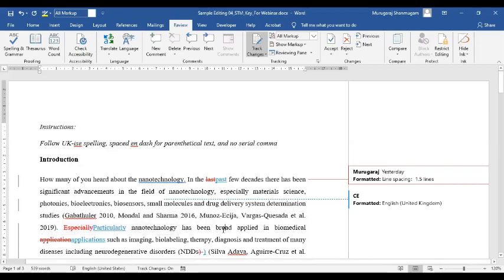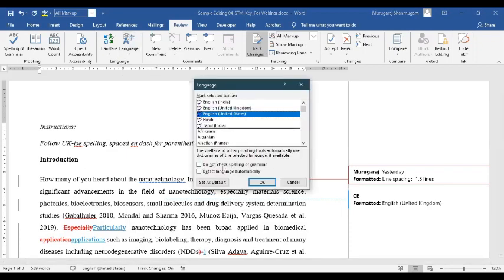So it is important that you select all, disable track changes, set the proofing language, and go to File, Options, Proofing, and then Recheck Document, ensuring that the two checkboxes are not checked. Also, under Language, when you set proofing language, there are two checkboxes here as well: do not check spelling or grammar, and detect language automatically.